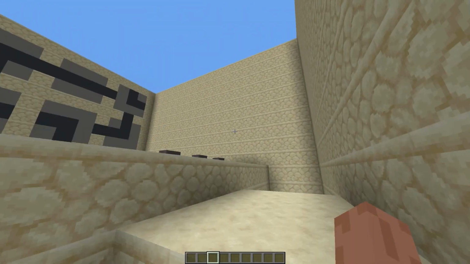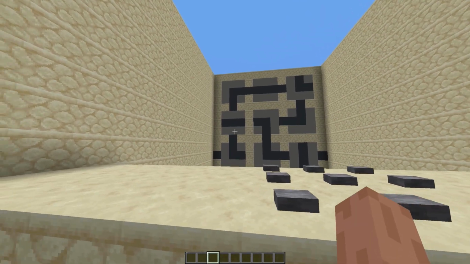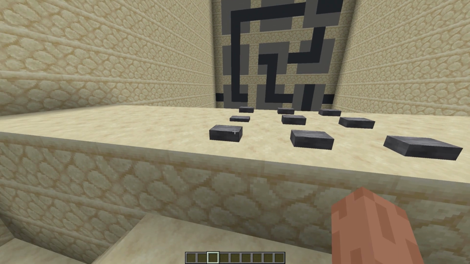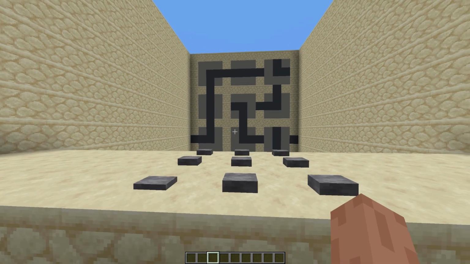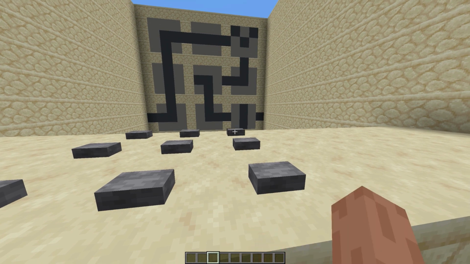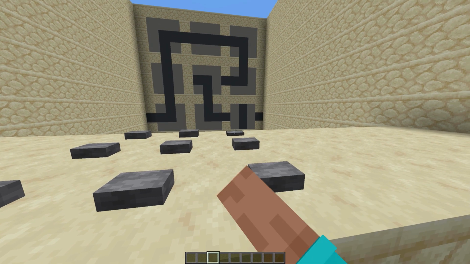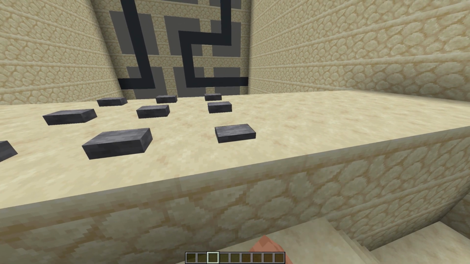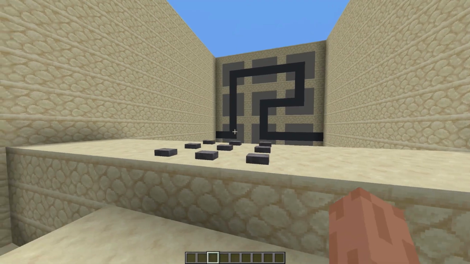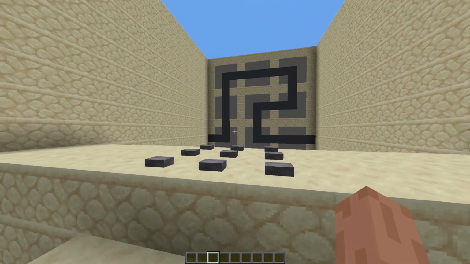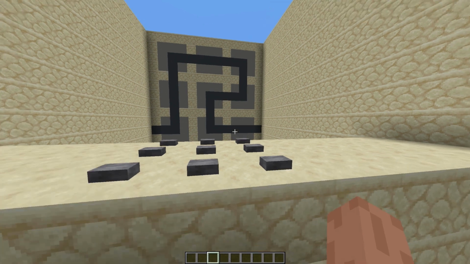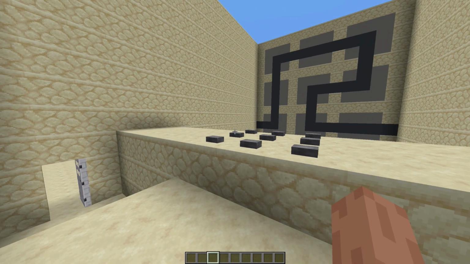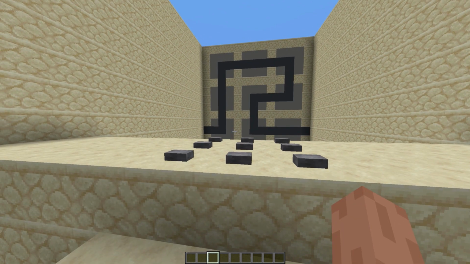Another use could be a complete-the-circuit sort of thing. So you just have to rotate all the different sections here until you have completed the circuit, just like that. And then when that happens, you can have it do something cool, open a door, play a sound, say you win, or yeah, so a lot of potential in this. And now I'm going to go over the command block